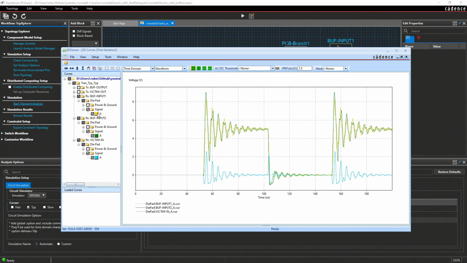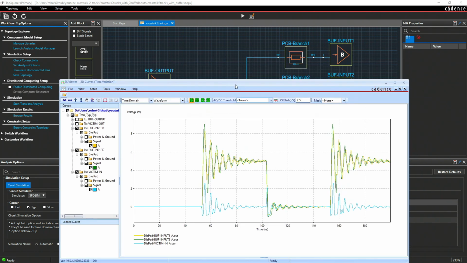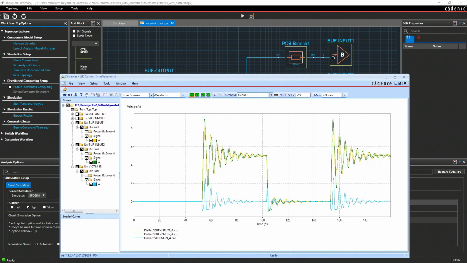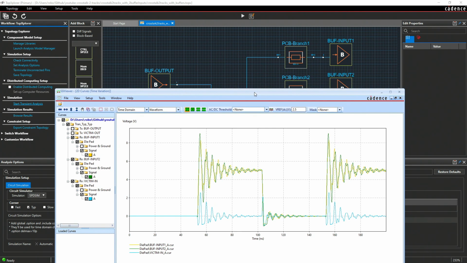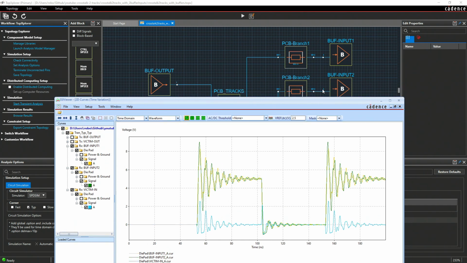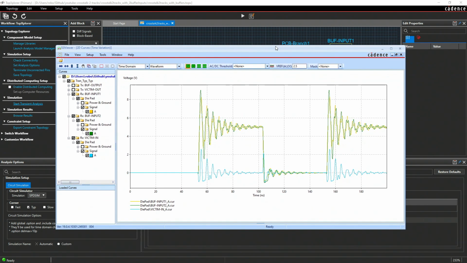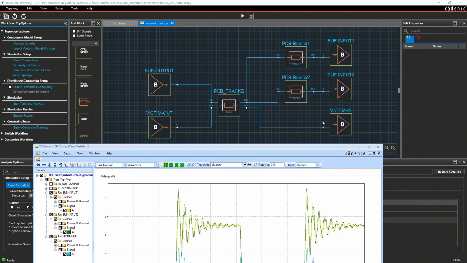Notice the yellow color is for buff input 1, so the yellow color is what we measure here. The green color is buff input 2, so the green color is what we measure here. And the blue color is victim in. That's the signal which is measured here.